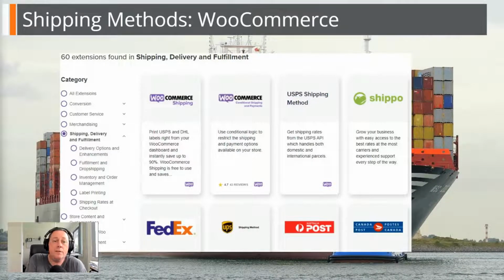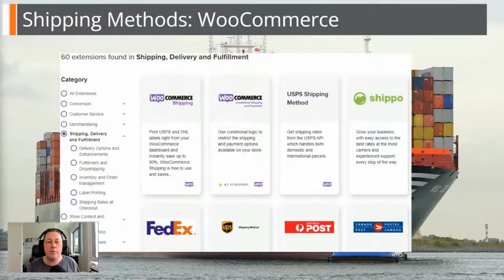Okay, so shipping methods. If you provide physical products for your online shop, then you will need to give consideration to shipping options and providers. Now, the core WooCommerce plugin provides the ability to create shipping zones where you can define geographical shipping methods. So you can choose from 3 shipping methods: flat rate, free shipping, or local pickup. And of course, plugins are going to add extra ones based on whatever functionality, but those are the ones that are in the free core plugin.